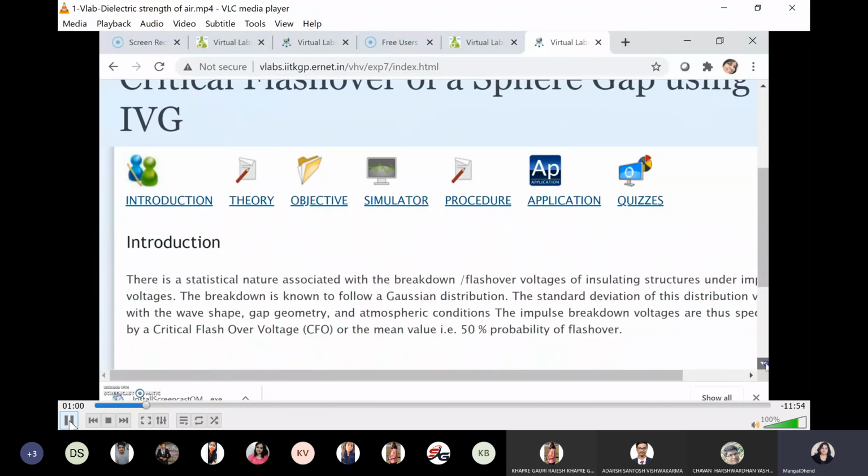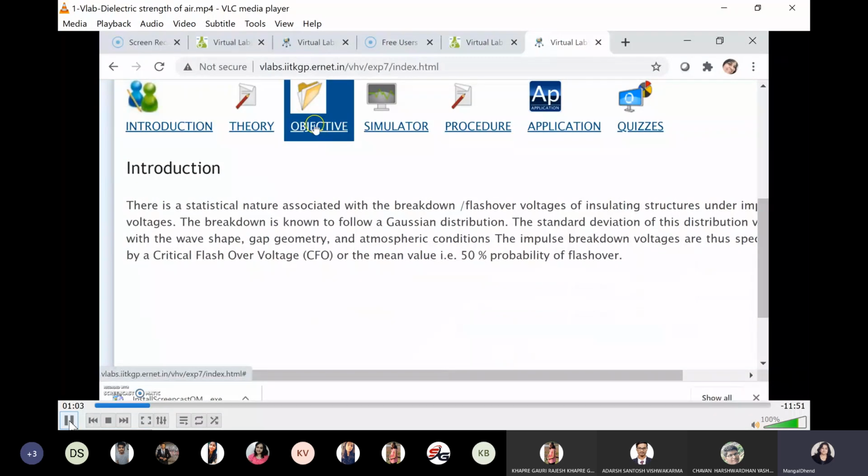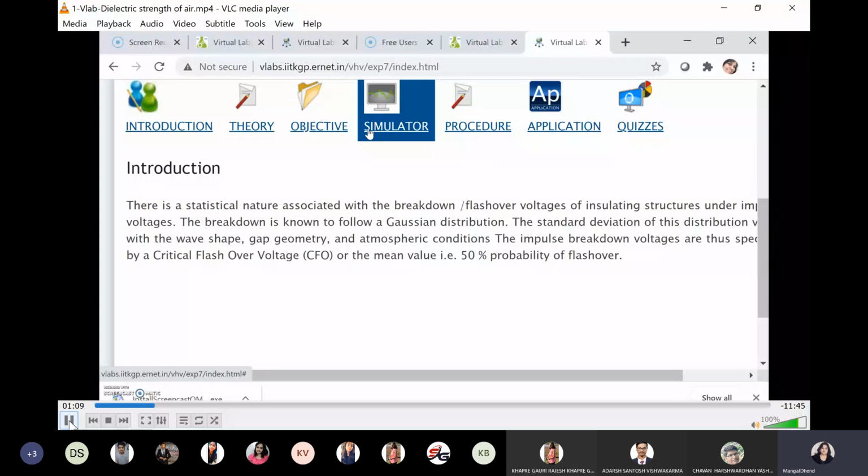The impulse voltage generator. Now if you see the simulator, just go directly to the simulator, because this experiment is not directly related to our syllabus. But what I discussed in yesterday's lecture, the effect of sphere diameter and the effect of gap distance between electrodes on the breakdown voltage of air, that we can observe. And you can also see the sphere gap assembly, and we can also perform the air testing experiment, but a little differently. So don't go through the theory and procedure. What I will tell you, you just do that way.